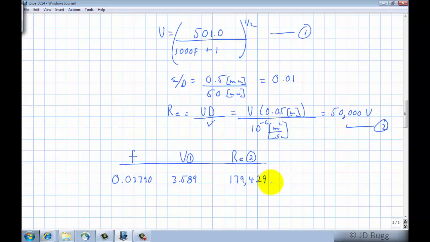179,429. Now for the second iteration, we no longer guess F, we get a better estimate of it from this Reynolds number. So that Reynolds number and this relative roughness go into the Colebrook equation, and we get an F of 0.03824, and that gives us a velocity a little bit lower, 3.573, and a Reynolds number a little bit lower,